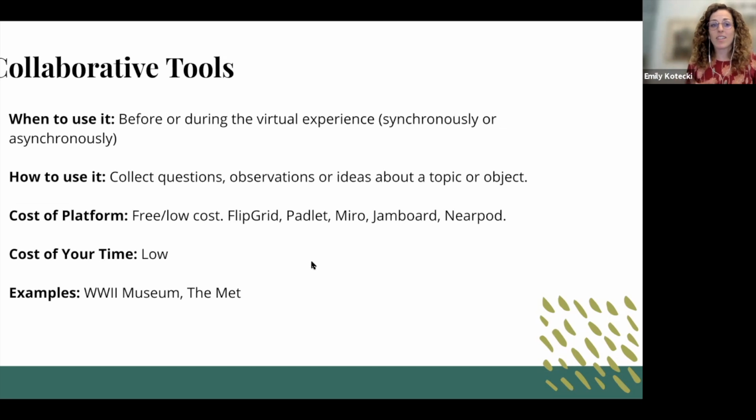Collaborative tools. These I feel are really used before and during the virtual experience. You can use them as we're using them, to brainstorm together, to synthesize ideas, to reflect. You can collect questions or observations beforehand, especially if you're doing a virtual experience. If you did a Jamboard, let's say, with a bunch of students about an object and collected all their questions ahead of time, in terms of thinking about relevance, now you're going into a virtual field trip, or a family story time, or really any audience, and you say, I saw